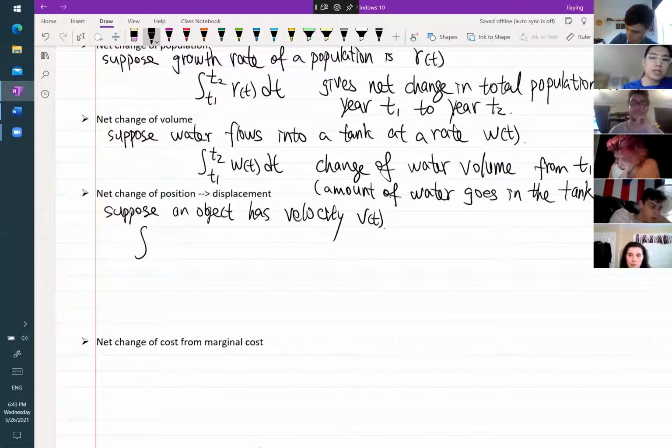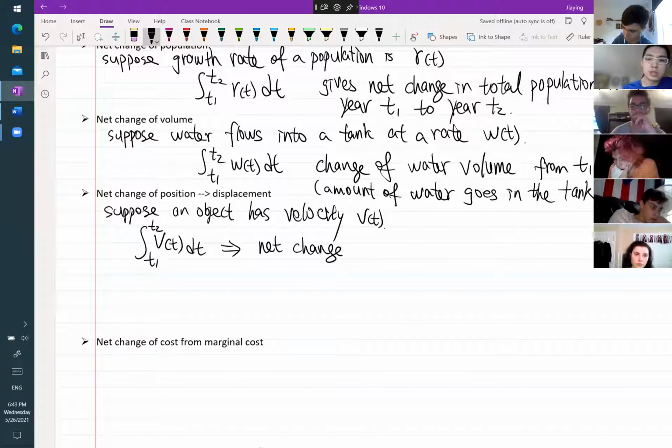So if we integrate the velocity function from T1 to T2 with respect to T, we get a position function. So this gives us the net change in position